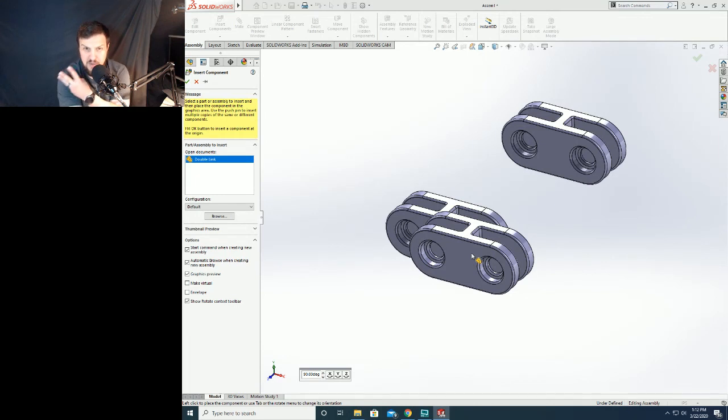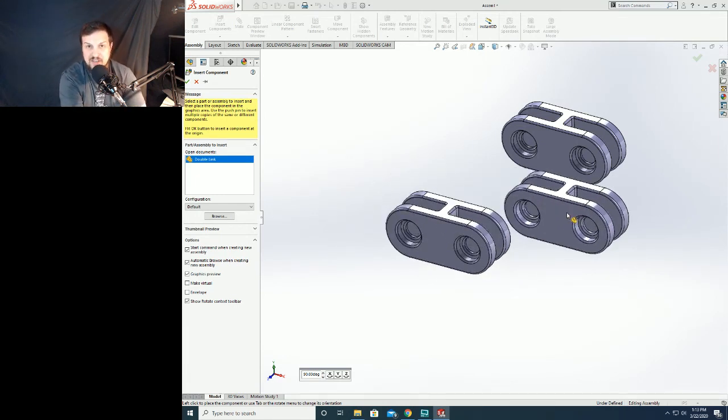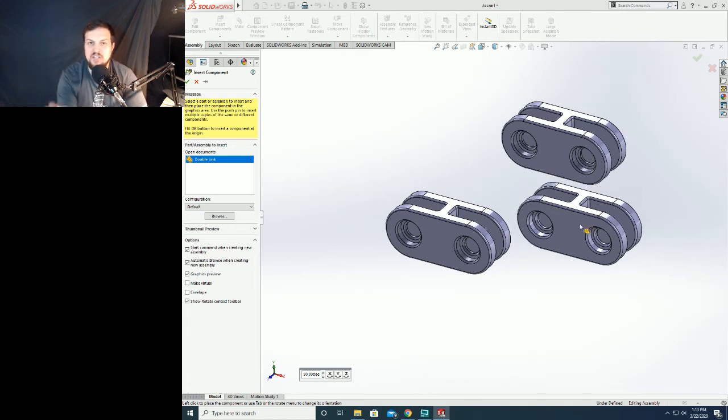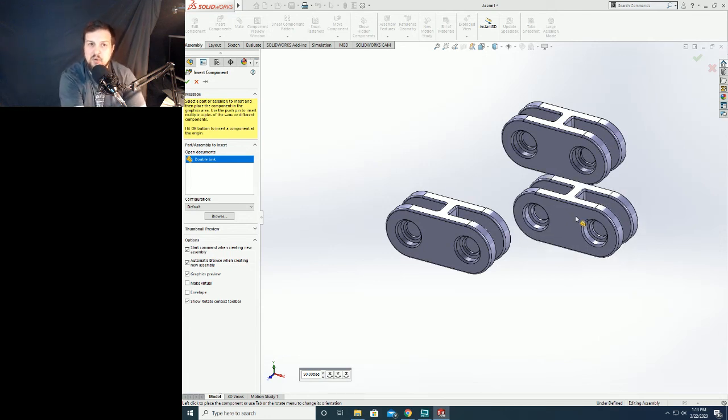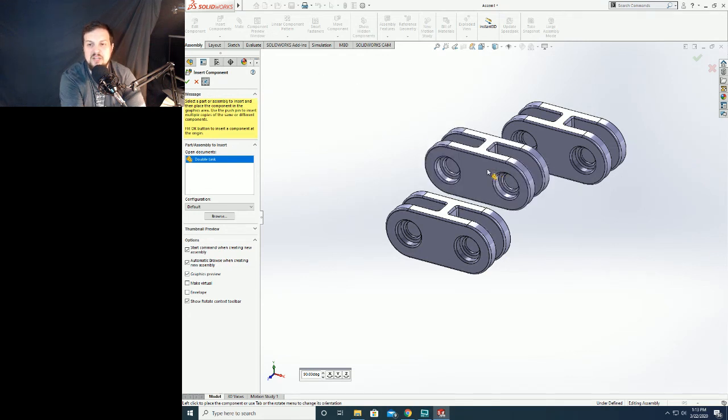Now I need 3 more of these double links. To get the 3 of these, if I click once at this point, it's going to drop one, exit the insert component tool, and continue along its merry way. But I don't want to do that. I want 3 more. So if you come back up here to the insert component tool, we've got our check mark, which is what drops it immediately over the origin. We've got our X, which exits the tool, and then on the right of that, you can see we have keep visible. So I'm going to click on keep visible, then I'm going to come out into my workspace,